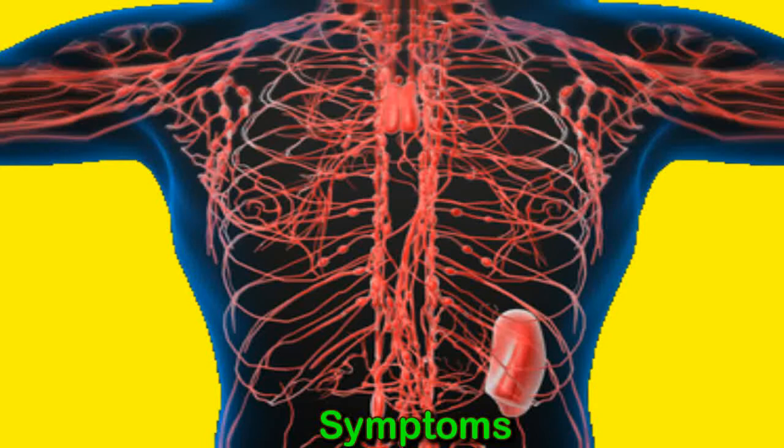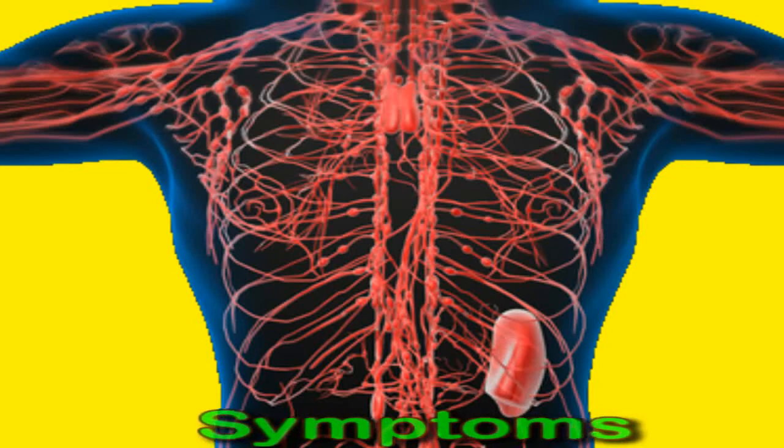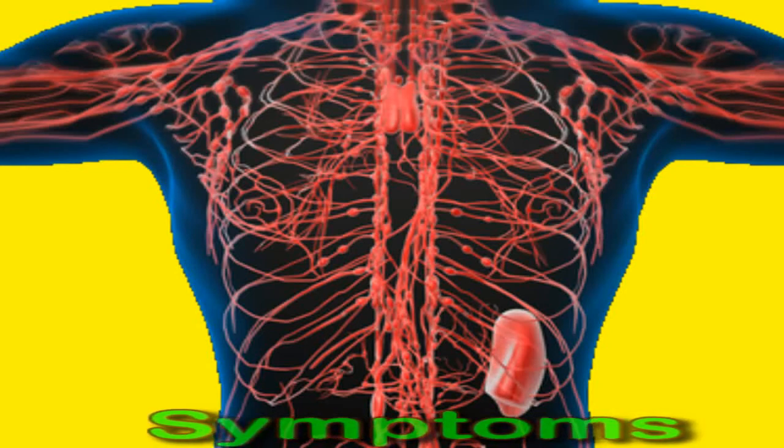Some additional symptoms of non-Hodgkin lymphoma include persistent coughing, shortness of breath, and pain or swelling in the abdomen. Pain, weakness, paralysis or altered sensation may occur